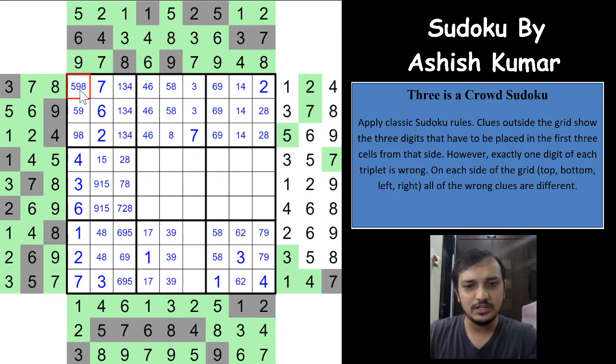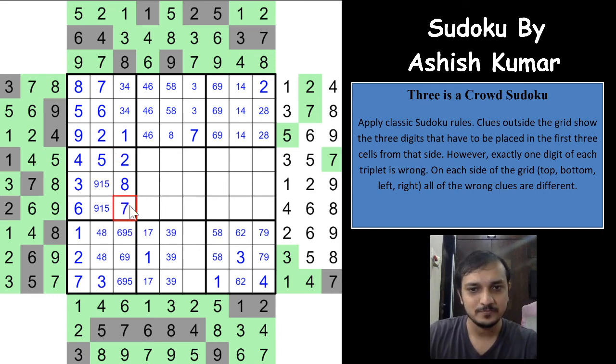And 8 has to be here, right? 5 and 6, right? 5 has to be here, 6 is already placed, and the other digit is 9 now, and 1 and 2, so 1 has to be here, right? So which means that the possibilities are 3 and 4, right? 4 and 5, so 5 has to be here, already marked in these 3 cells. 3 and 8, right? 3 is marked there, so 8 has to be here, which means this has to be 2 and this has to be 7, right?